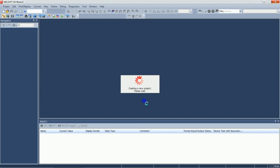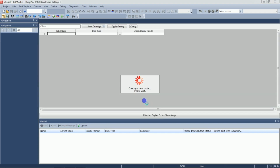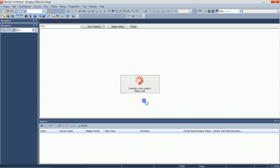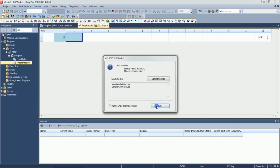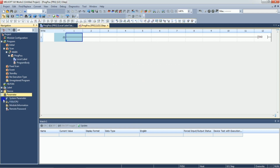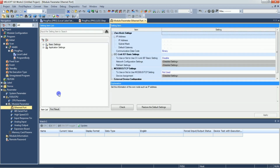The PLC is connected to the laptop through Ethernet cable. Just click OK. So very first thing, we need to do some setting in Ethernet port. So let's go FX5 CPU module parameter, just go to Ethernet port. So to connect any OPC server, we need to have some setting here. So first we will do that setting. Okay, in basic setting